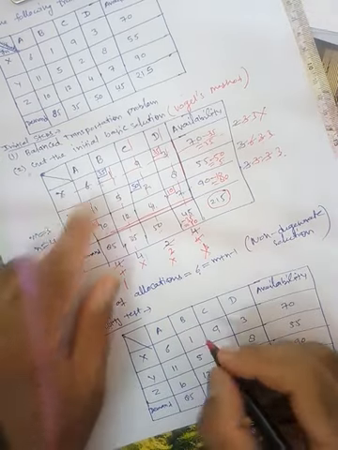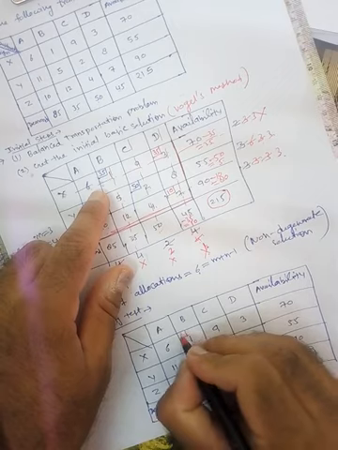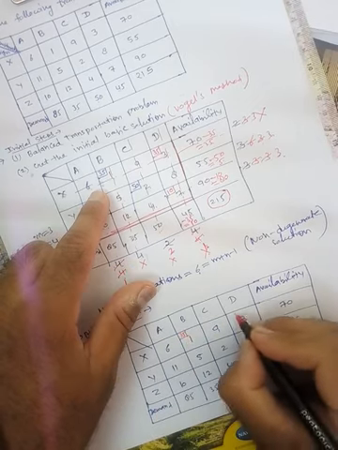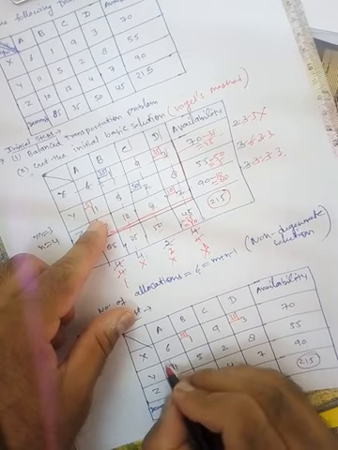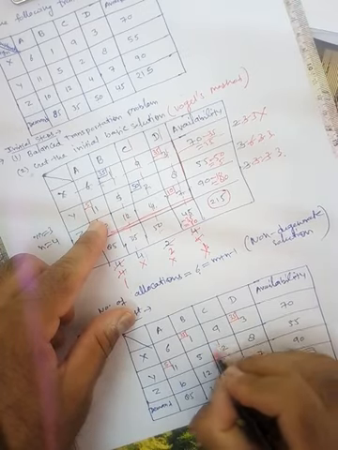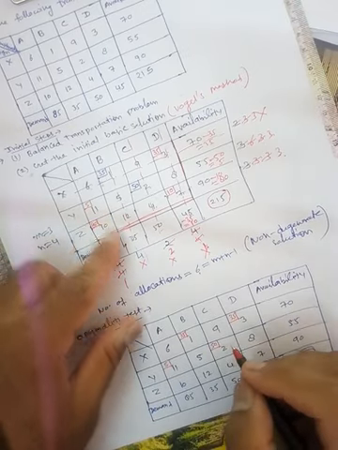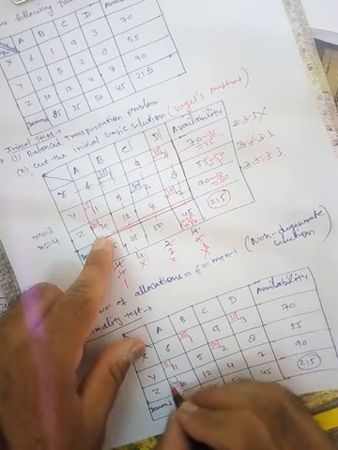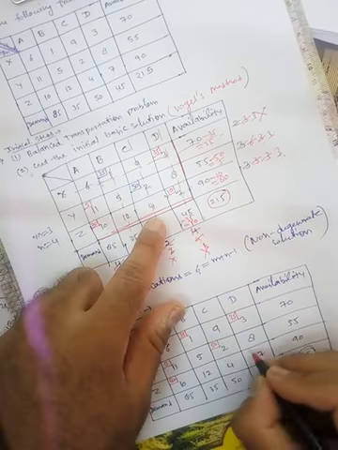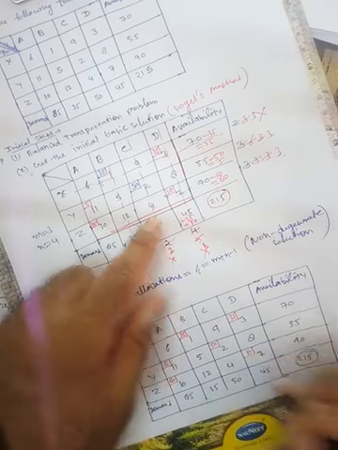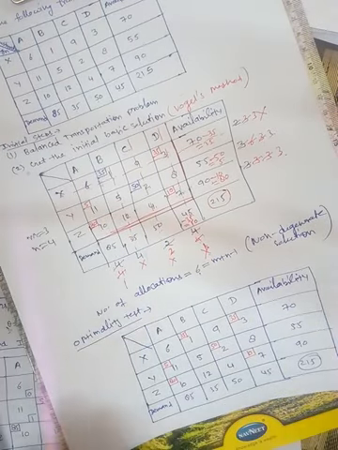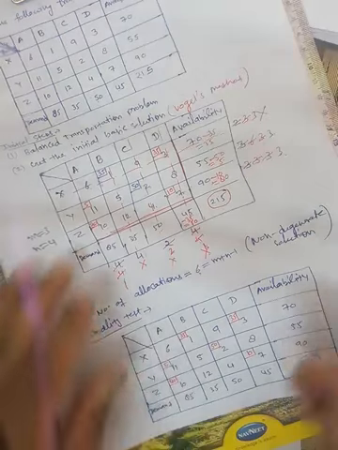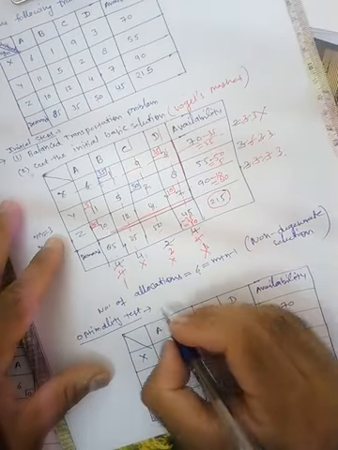Here you have allocated 35 units. Here you have allocated 35 units. Here you have allocated 5 units. Here 50 units. Here is 80 units. Here you have allocated 10 units. Fine. So 1, 2, 3, 4, 5, 6. So this is fine. Now for optimality you have to apply the Modi method.